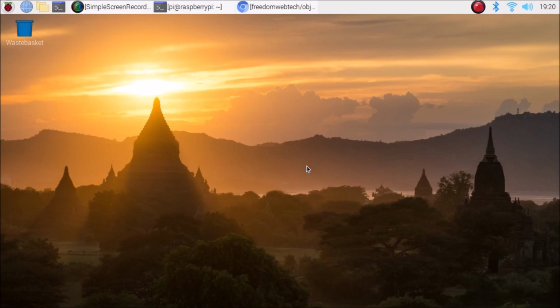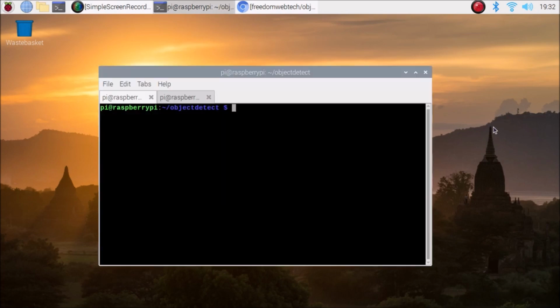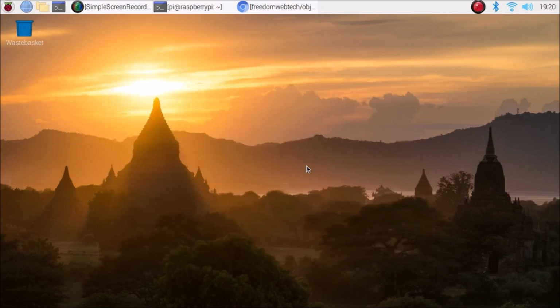In this session we are going to see another method for object detection from images. Remember one thing, friends, you need a completely fresh installation of Raspbian OS. Install the fresh installation and then do the package installation. If you want to count how many cars or how many of a particular object we have in the image, you can also do the counting using this code.